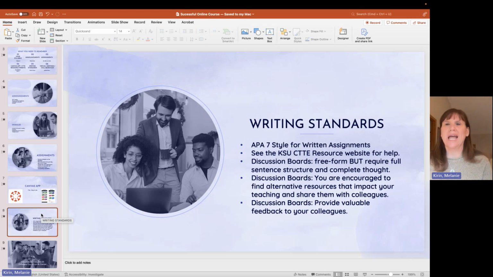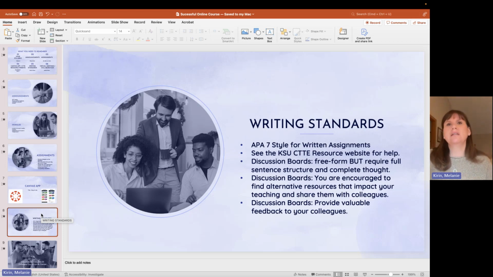So admittedly, I've been a little lax on this with a lot of the courses I've been teaching, but I really want to get back to having a high level of written work with students. So the expectation is that you write in APA 7 style for written assignments. And for some of you, you've been out of school for a while and that's really challenging. I have resources for that. Now, will I take off points if you italicize a word or don't proper case it because of APA? No, I'm not gonna be that nitpicky, but there's some basic stuff that we can do, right?